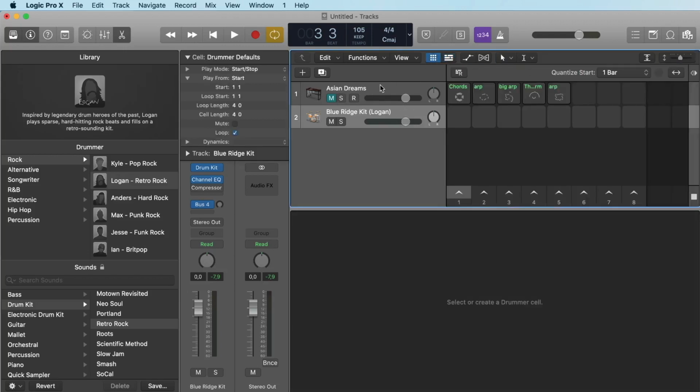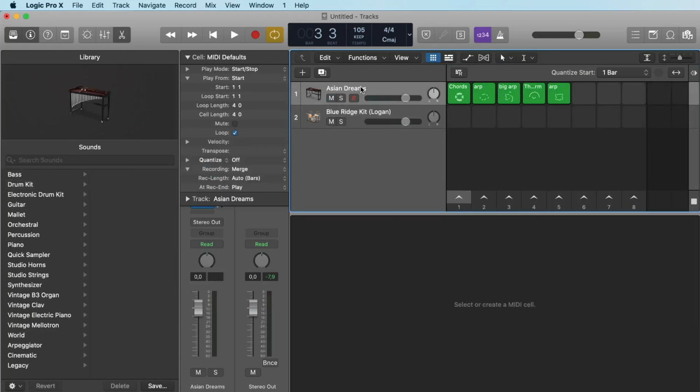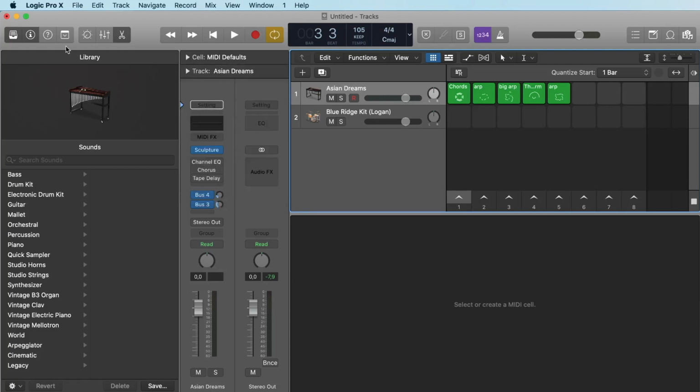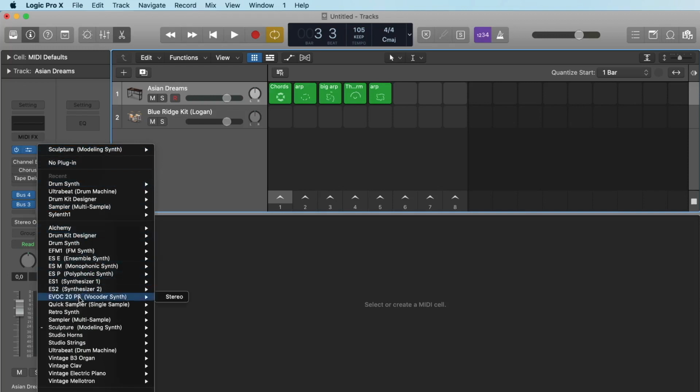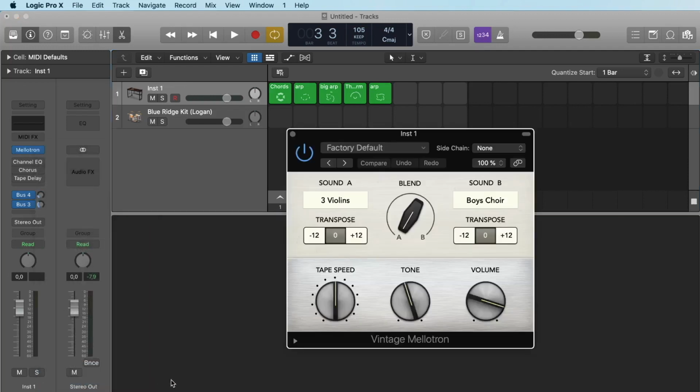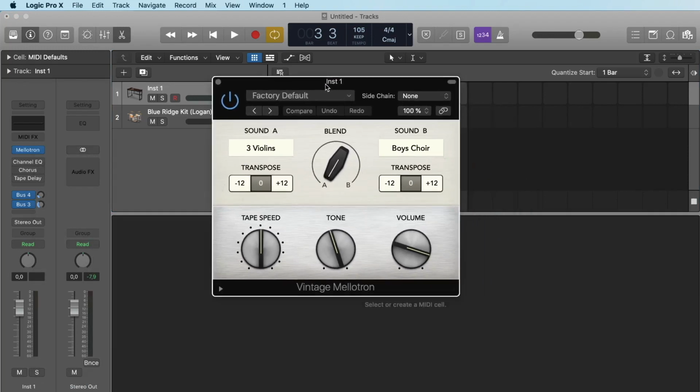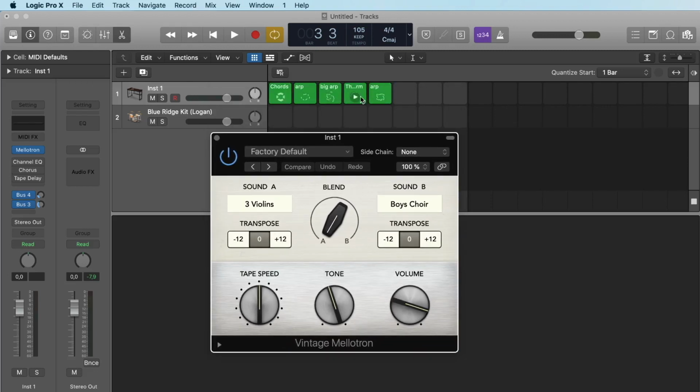Let's take a look at the instruments that imitate real instruments. What do we have? Let's close the library and now we go here to our instrument slot to load another instrument. We have here some vintage instruments. We start with the Mellotron. The Mellotron was an instrument that really existed. On every key was a tape machine playing with a real tape, a real recording of a real instrument. It was crazy. And with this you could play some notes